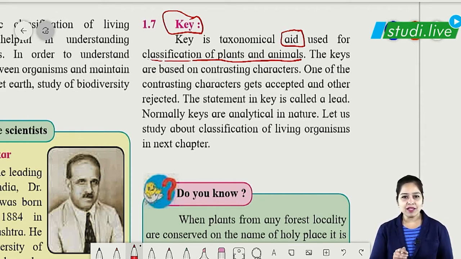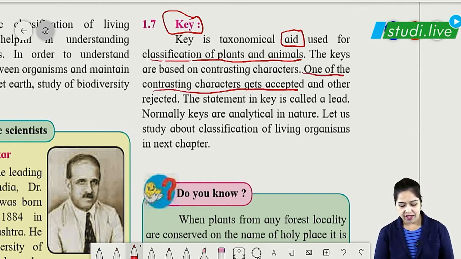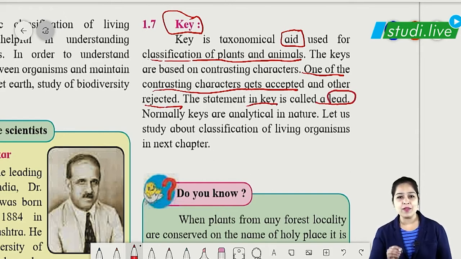So here we have two contrasting characters, which are tall and dwarf. When I said the plant is tall, one contrasting character gets accepted, which is tall, and the other one, which is dwarf, is rejected. So one of the contrasting characters gets accepted and the other gets rejected. The statement in the key which is accepted, which was our tall character, will be called a lead. So a key is a taxonomical aid method by which we classify plants and animals,